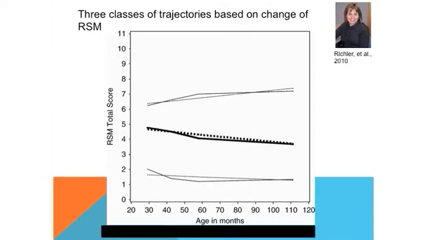We also get different trajectories across the different kinds of repetitive behaviors. So for repetitive stereotyped mannerisms, there is a group of kids for whom, across time, the behaviors become more obvious, and then typically they remain close to the same. For brighter kids, often they are able to control these behaviors, so they decrease, but when you listen to parent reports, they often are still present. They're just less conspicuous.